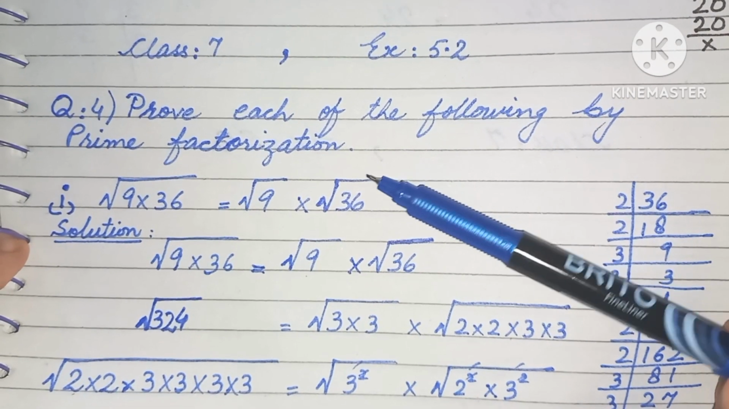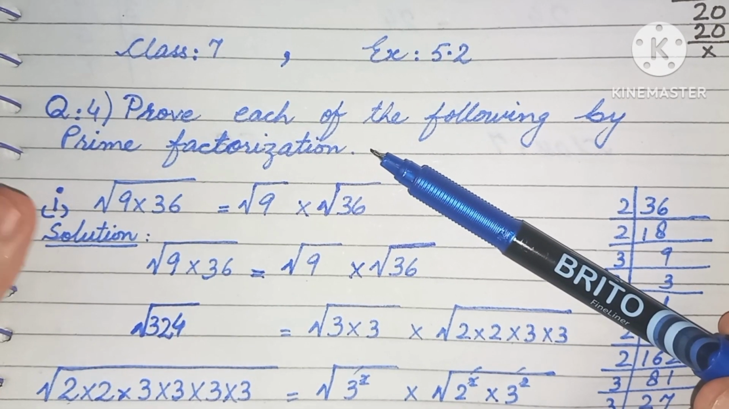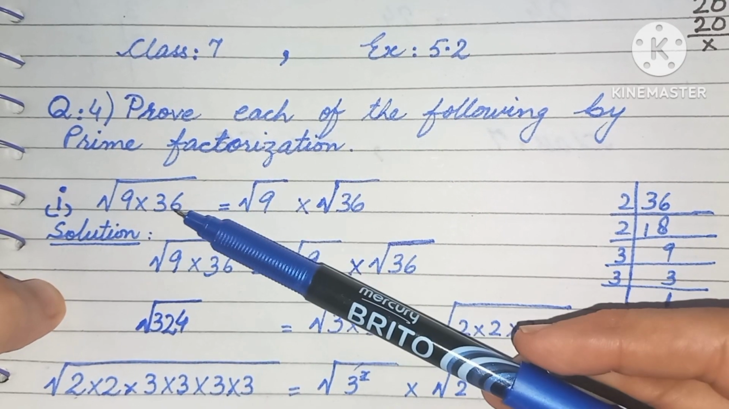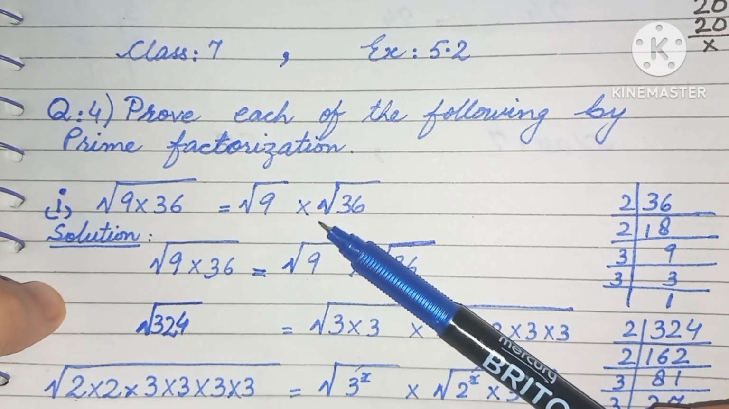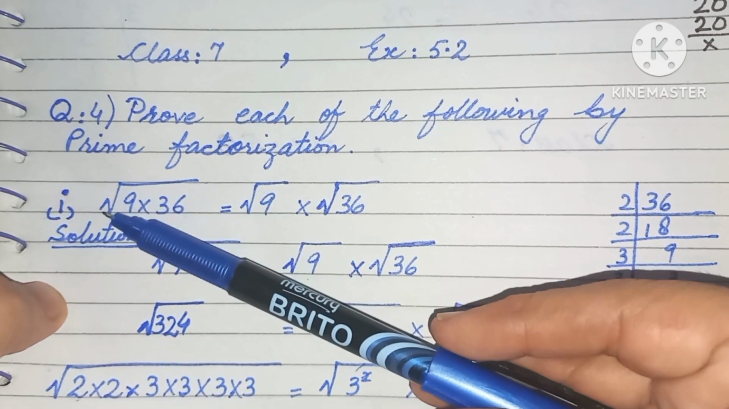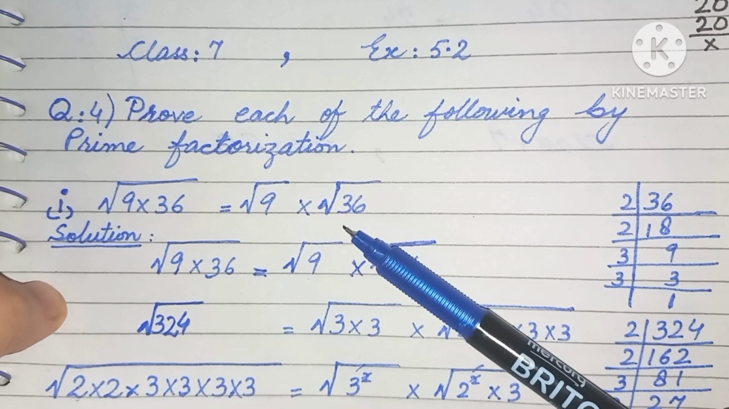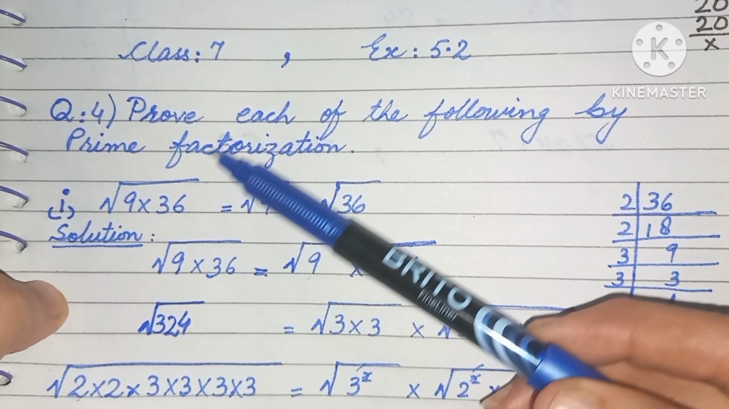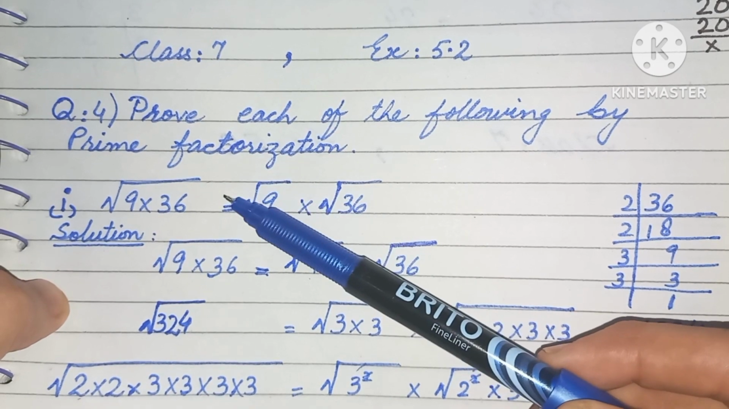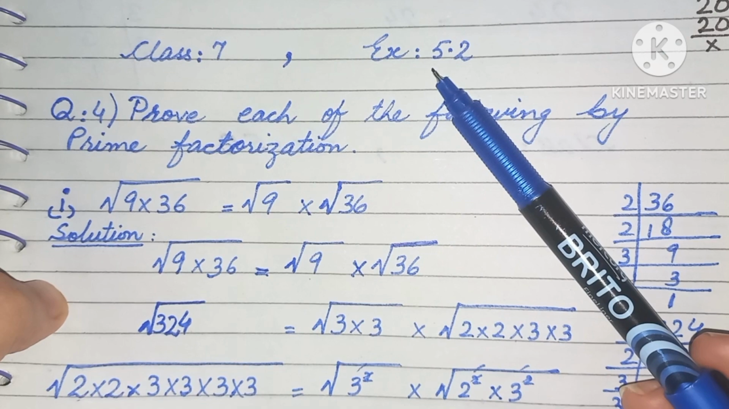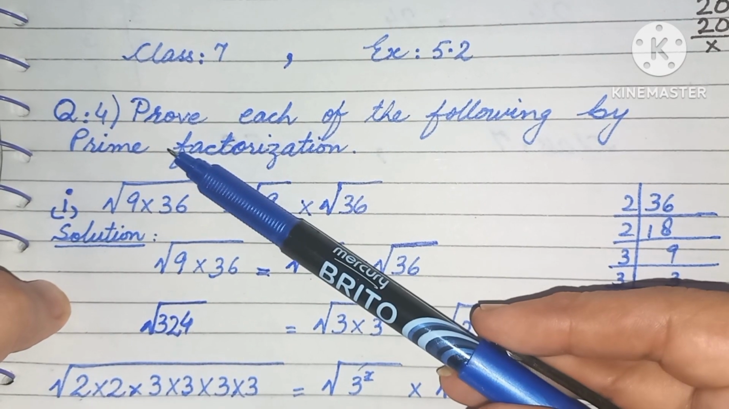Students, this video lecture is so much important and interesting for you. In this I will prove that square root of 9 multiply 36 equals to square root of 9 multiply square root of 36. In left hand side we have combined square root, but in right hand side we have separate square root. I will prove this by prime factorization method. This question is also in your PTB board maths book class 7 exercise 5.2 question number 4, in which we